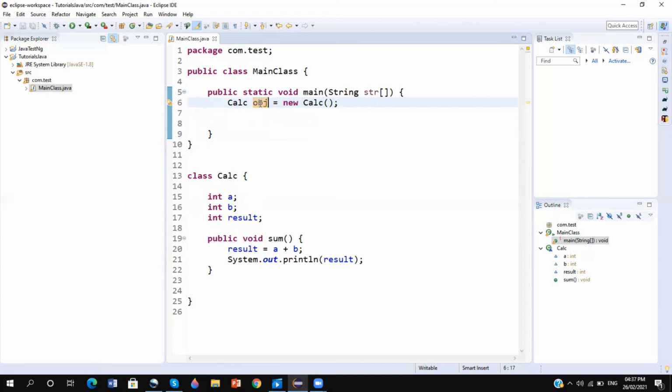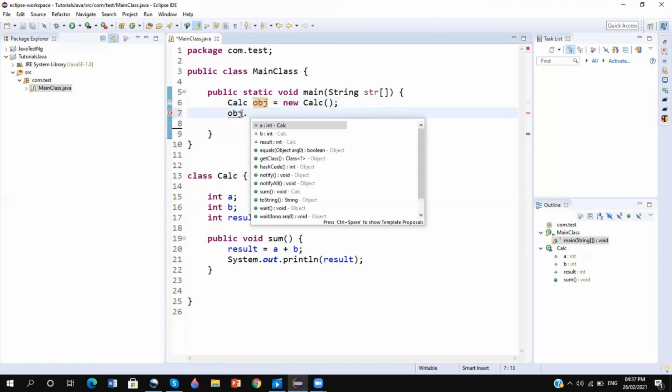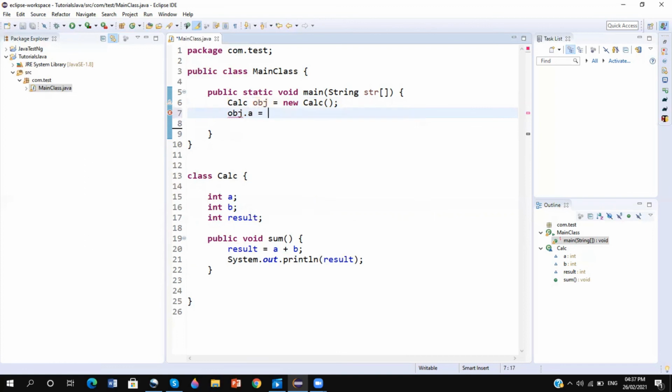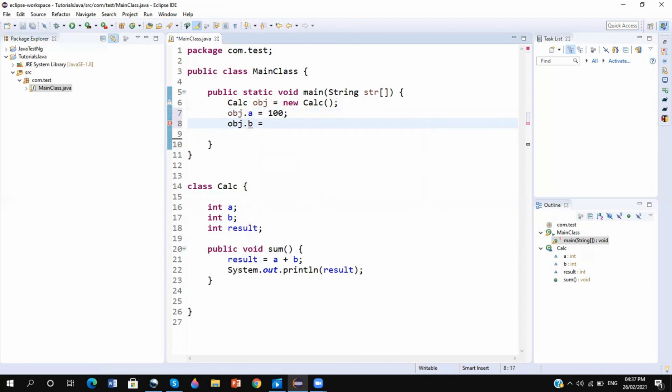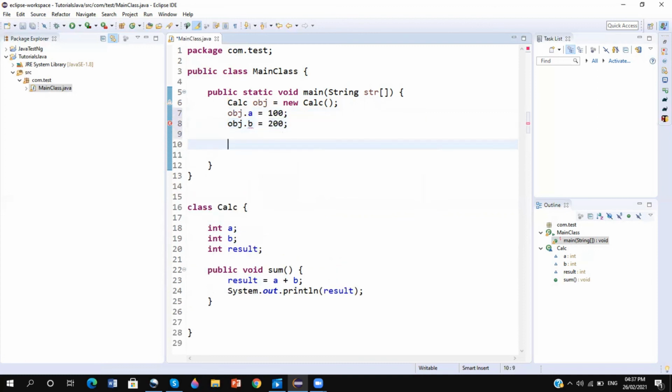Next, now I'm going to set the values. I will call obj dot a equal to 100, obj dot b equal to 200. Then next I'm going to call obj dot sum method.